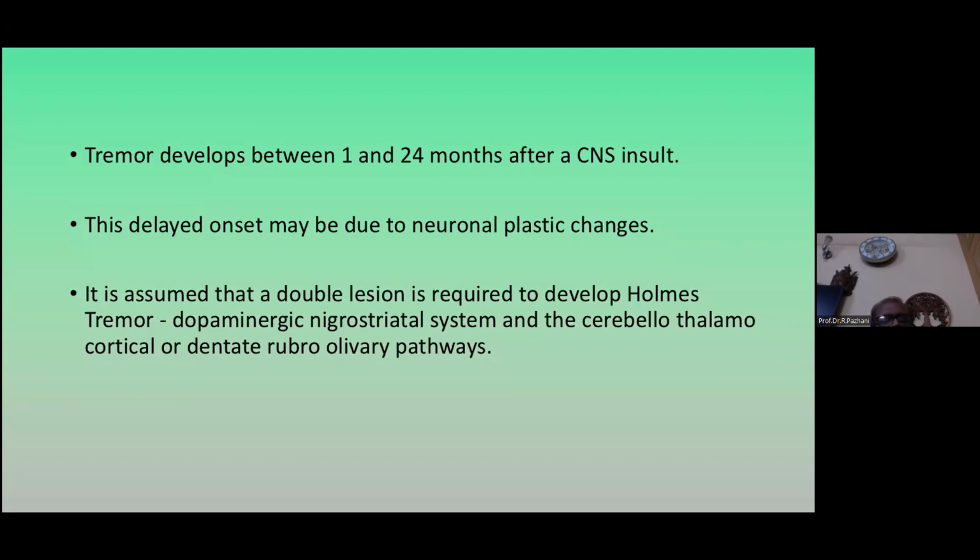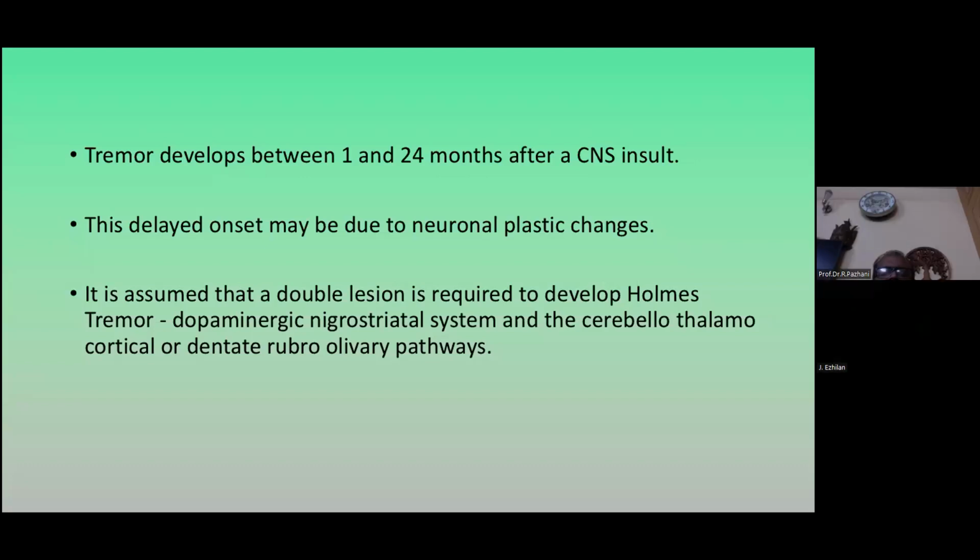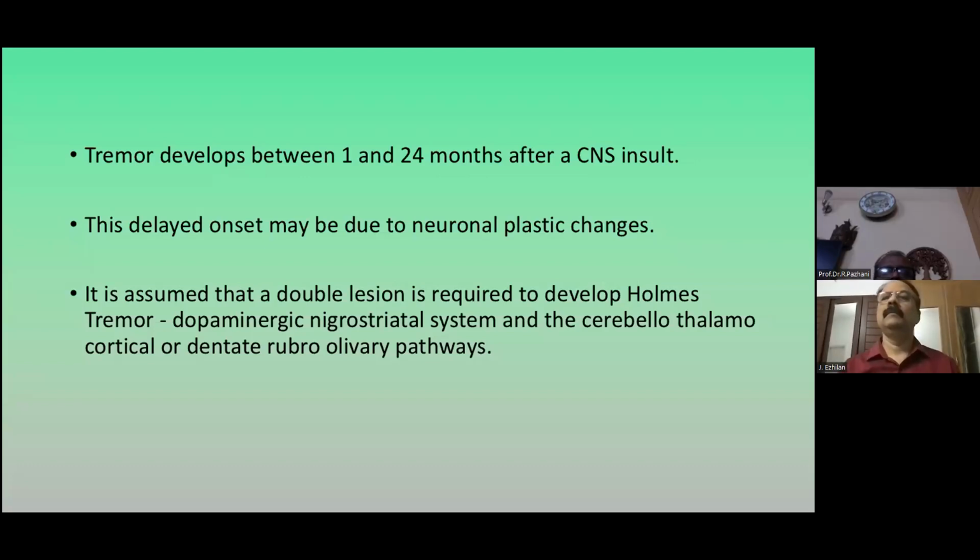So in conclusion, whenever you see a tremor, always ask how long it has been present, whether any family history is there, and find out whether it's a resting tremor or action tremor. See the frequency and amplitude of the tremor, and look at the other parts of the body, whether the tremor is only in the hands or also in other parts. Ask for the drug history, look for other underlying medical disorders, then describe what you see, then name the closest tremor possibility to come to a clinical conclusion.